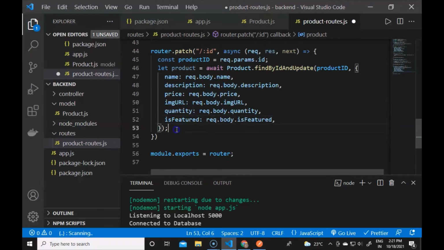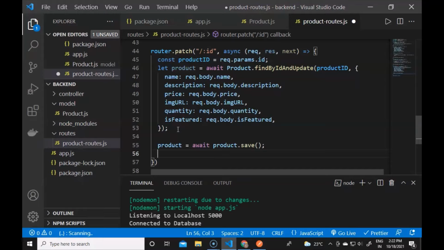Now we will try to save this product. The product equals, and it will again contain the await and product.save, because Mongoose has a method like .save to save the products in the database. It will await for it to save, and then it will save in the database.